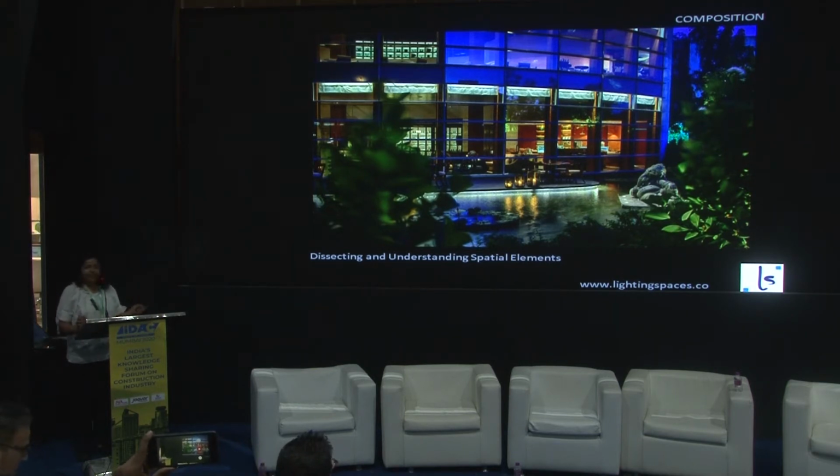And the third part is understanding spatial elements. How do you dissect them and understand them? For example, this is Park Hyatt in Chennai. The entire project I completed somewhere around 2012 when it opened. And this is the specialty restaurant where, if you see, this is a glazed facade, and it is in the forefront of a lily pond. Because it's a glazed facade, you should understand the other part of it is lighting and material play. For example, with any glazed building, if you light it directly, it would only highlight the defects